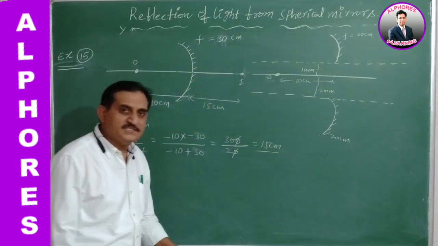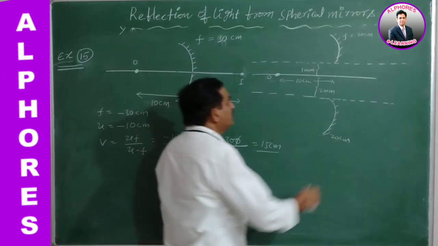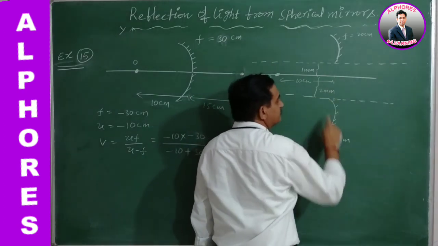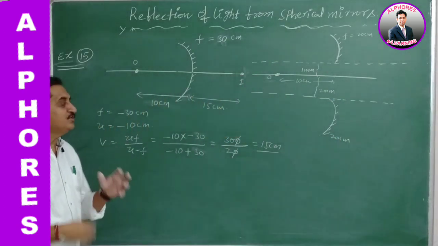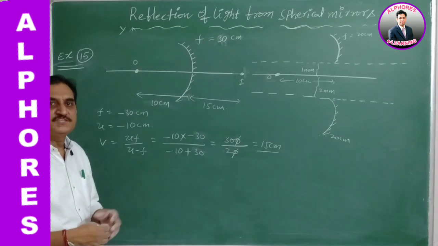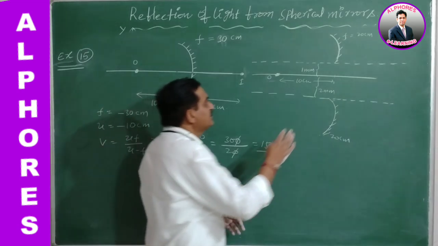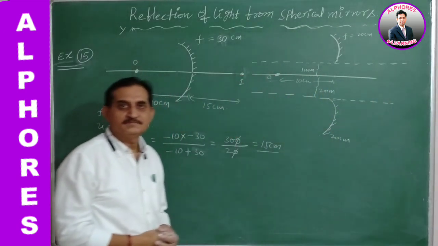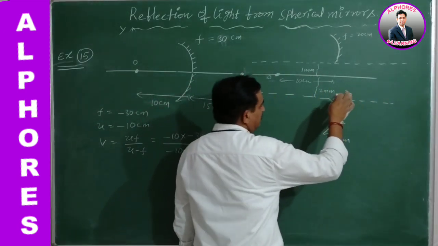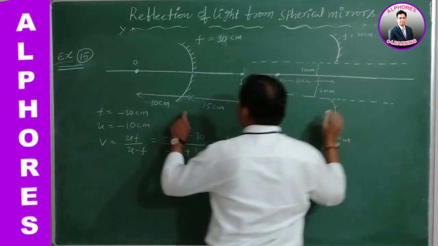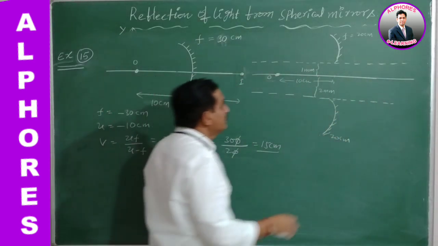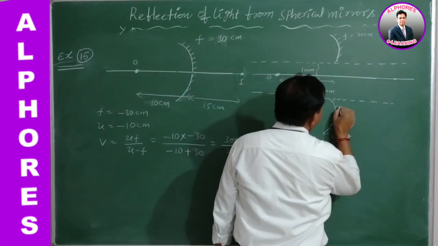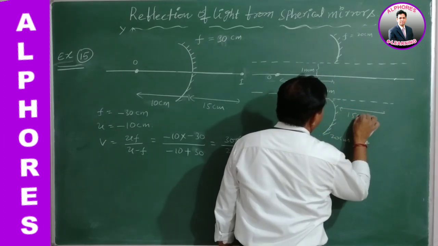Now, what are the changes taking place in it? Here, the focal length remains the same, and the object is kept at the same distance. Therefore, in forming the position of the image, which cannot be changed, the distance of the object is 10 and the distance of the image will also be what we calculated, 15. At the same place, the image is formed at 15 centimeters.